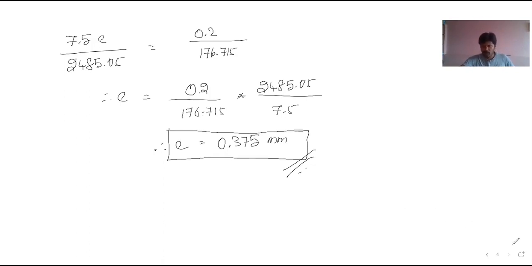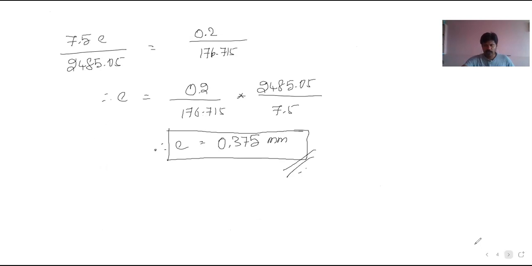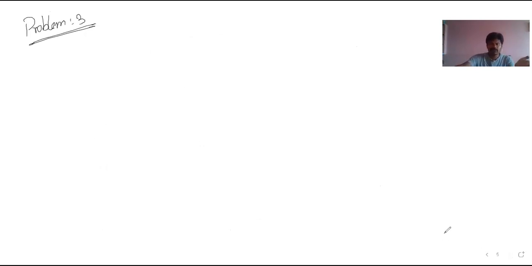So next we should move on to another problem. That is problem number 3. Here we have seen the solid circular section. Okay, so next we should go for hollow square or rectangular section, and from that, what is the stress that we are going to find out. Okay, the problem is a hollow rectangular section, sorry, column